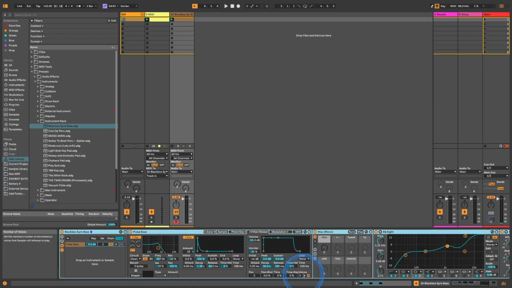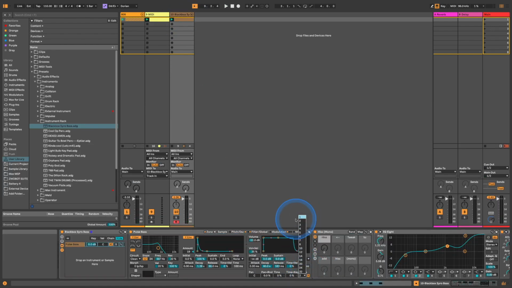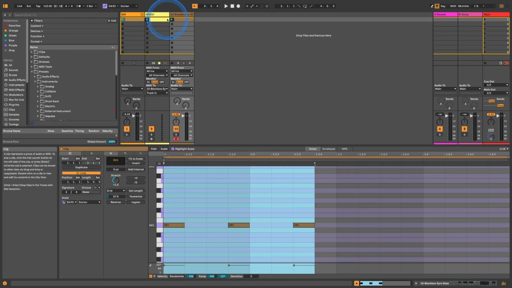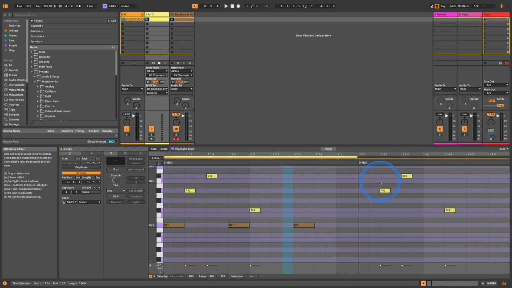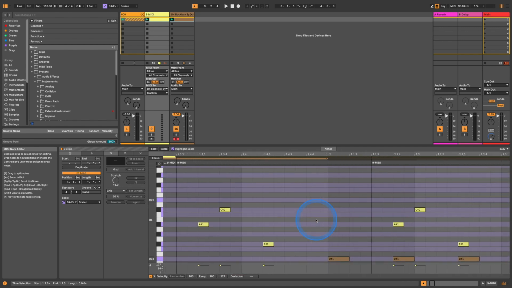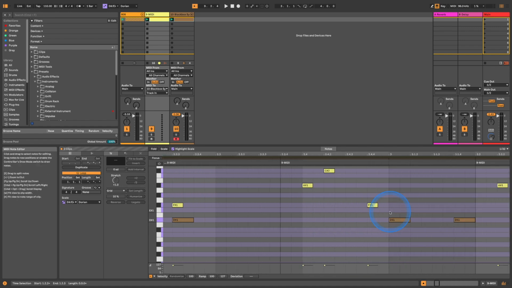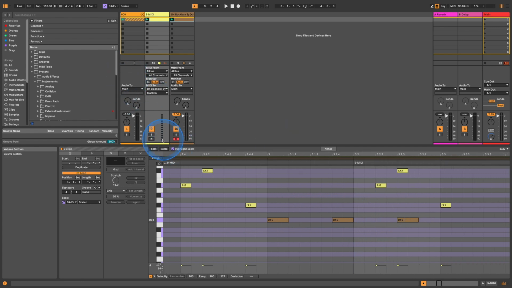Let me just check. Alright, we're not in mono, so let's switch that to mono. And then I think it's in, yeah, here it is, to glide on. So then anything that interacts with each other within this MIDI will, well, when it interrupts, we'll have a glide instead of some janky thing. So yeah, say here, I'm assuming maybe a D would glide up to the A sharp, or maybe there's a priority kind of thing. I don't really know, but